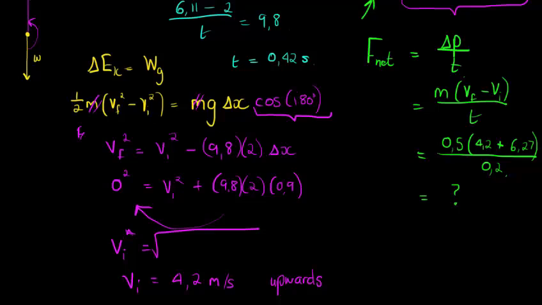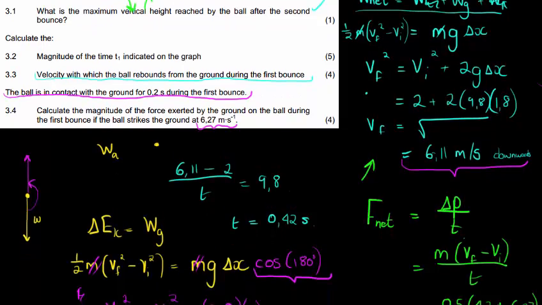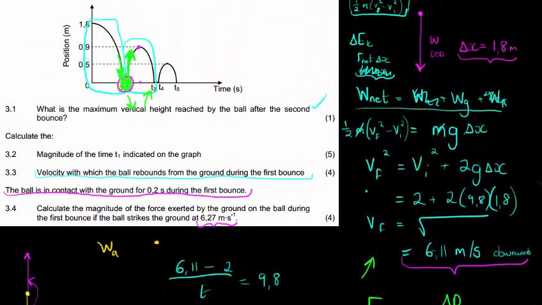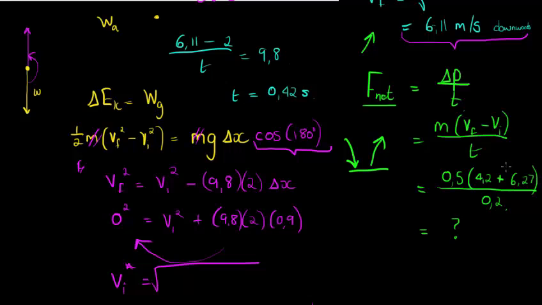So I just want to show you that you will definitely have, well, I'm convinced, I see it almost in every exam, where you have to calculate this force that a surface has that bounces something off of it, and students just always substitute this with 4.2 minus that with 6.27, and you'll see then you get something like 2.07, negative 2.07, while in fact this answer here is